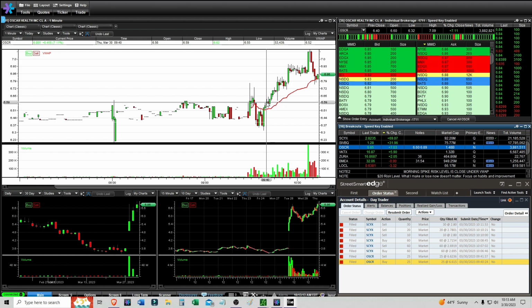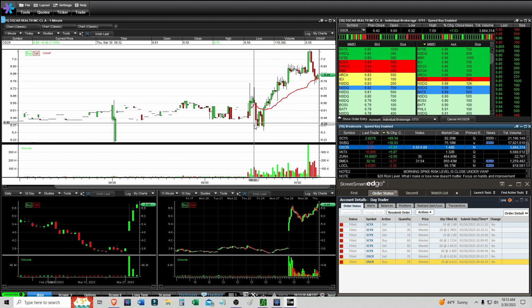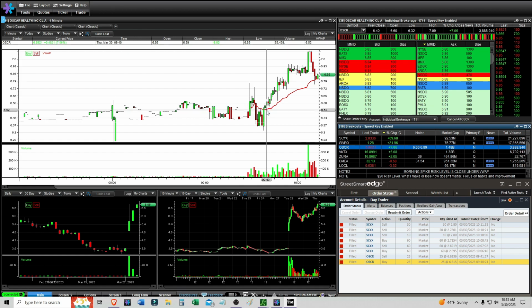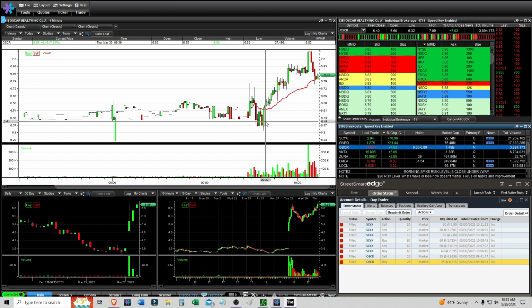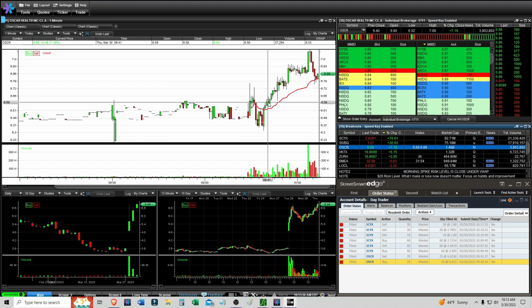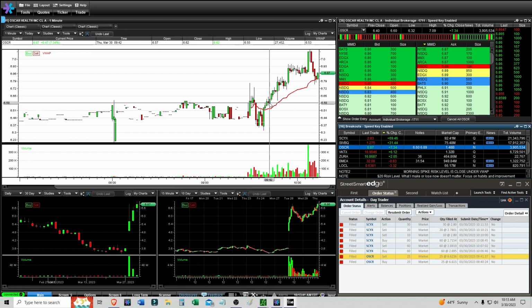But I felt like I was just chasing it, where maybe it has this uptrend and then sells off, and then maybe it uptrends right here, doesn't quite break this level, maybe sells off a bit more, and maybe gets under VWAP, which I think is accurate here, and then perhaps touches this green to red line, but not as much as it does here, and then it could work out even more. I just felt like I was in a top, so I did sell this one very quickly the next minute,